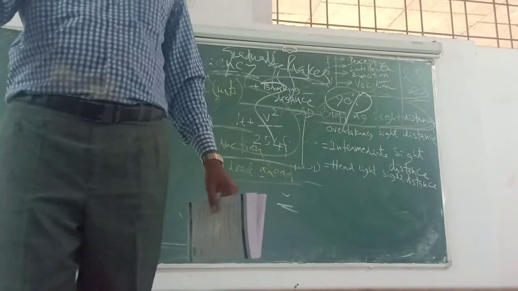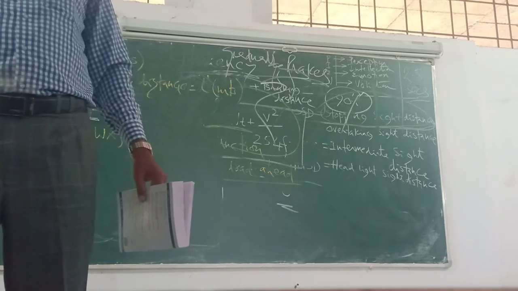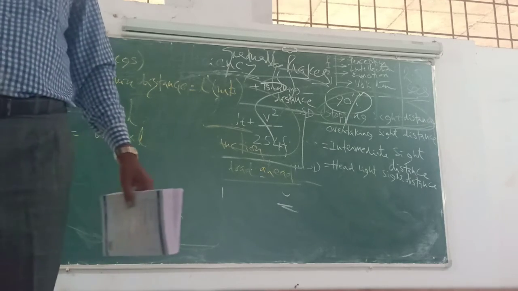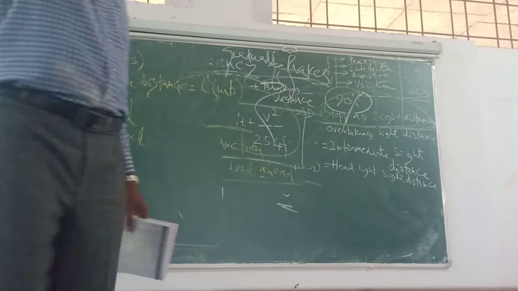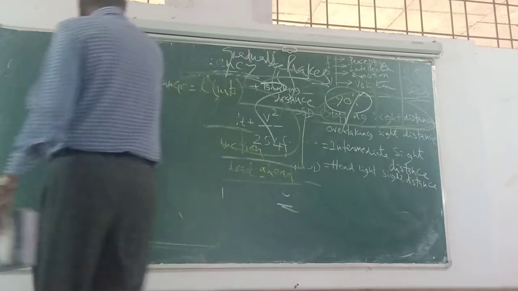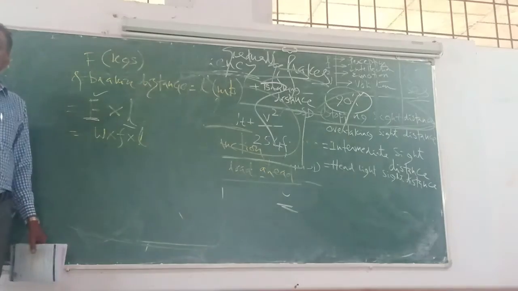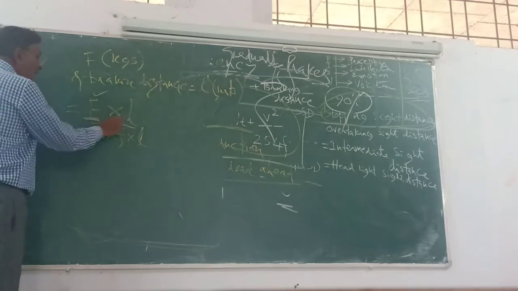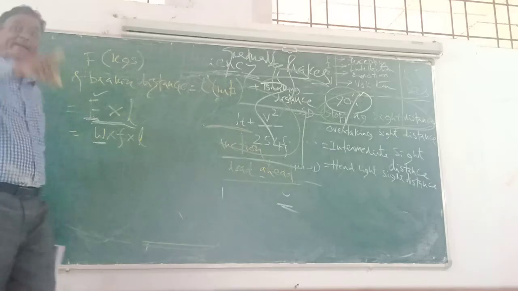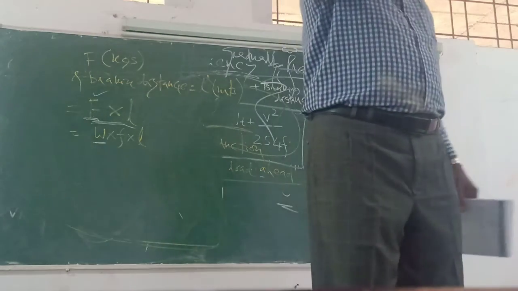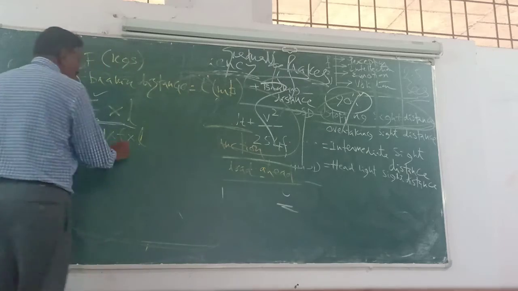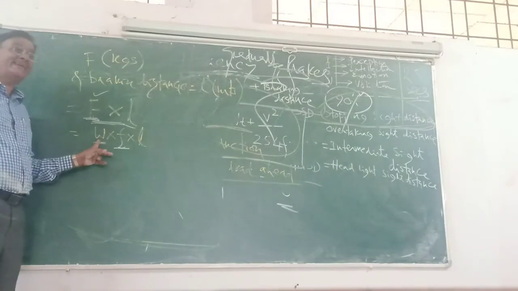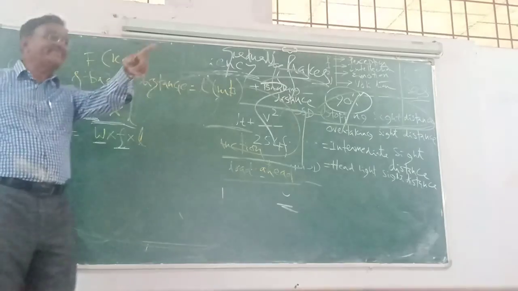The bus is going, and when you stop the vehicle suddenly, the tires will have friction. There will be a resistance offered by the frictional force against stopping the vehicle. Here F is in kg and L is the length of the road. Then F is into W, where W is the weight of the vehicle, and F is the actual frictional resistance offered. Write it.